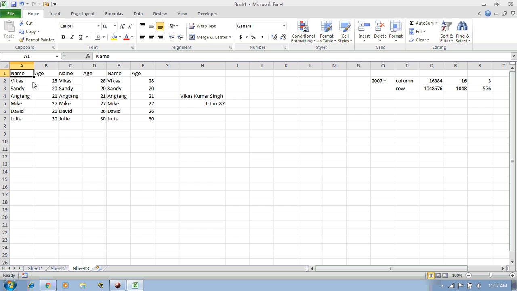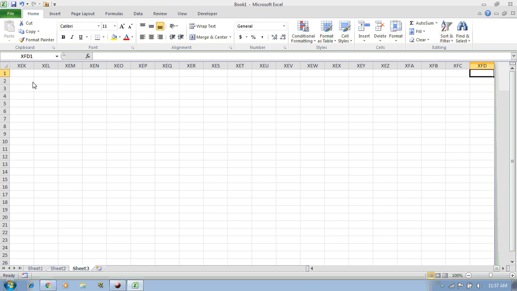If you are at the first column, or somewhere in the middle column, and you want to see the last column, which is the occupied one, you will have to press Control and the right arrow. So you will be at the end of the data, which is the last column, the F in our case. And if you press Control and right arrow again, you will go to the last column of the Excel, which is the XFD in our case.